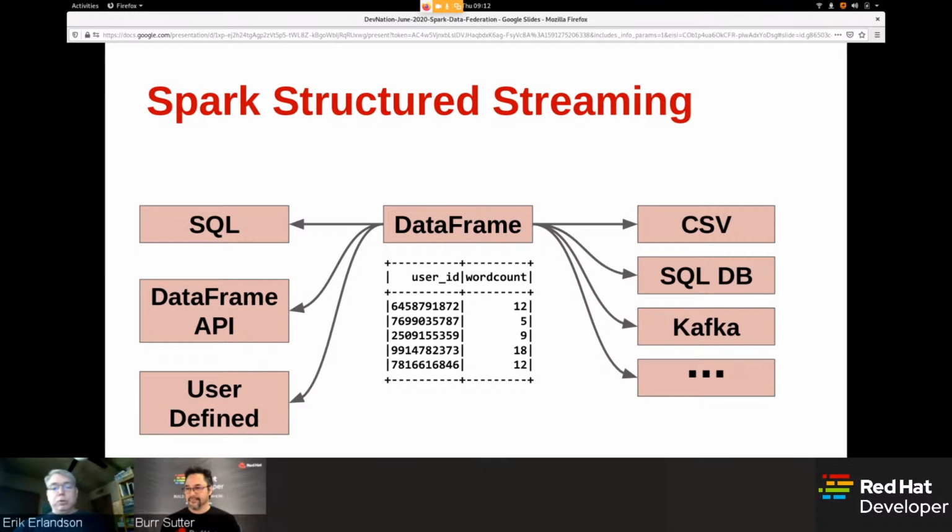And importantly, you can also define user-defined business logic. As long as you use the correct functions to wrap it in a way that Spark's structured streaming understands, you can essentially apply any business logic to the same API, including things like if you train a model, you can wrap the model inside a user-defined function and run machine learning inference straight on database queries. I've done this at some customers recently.